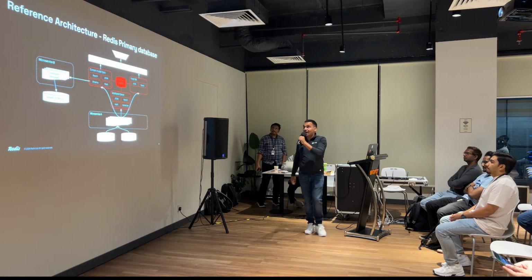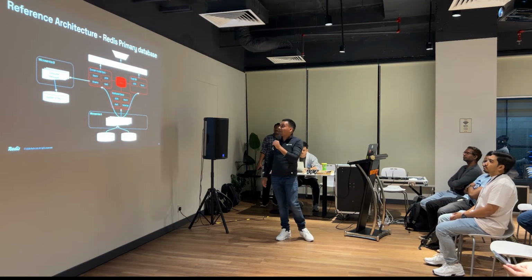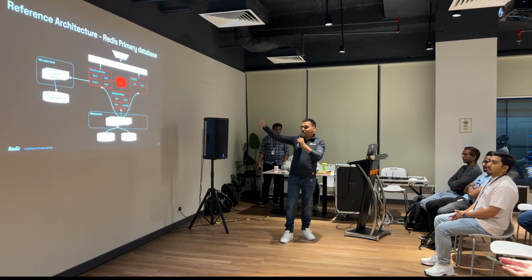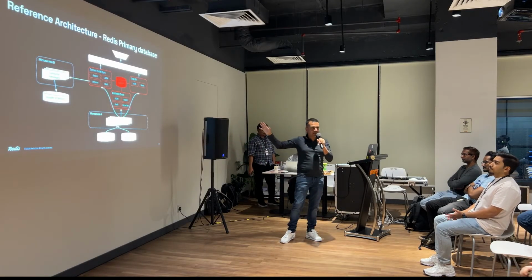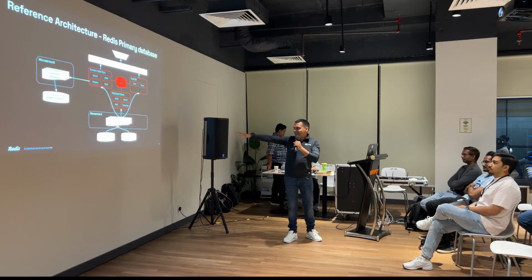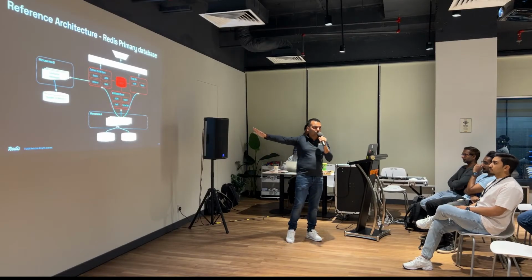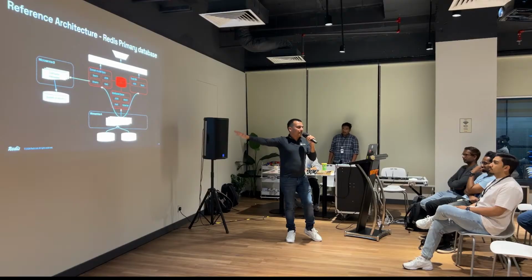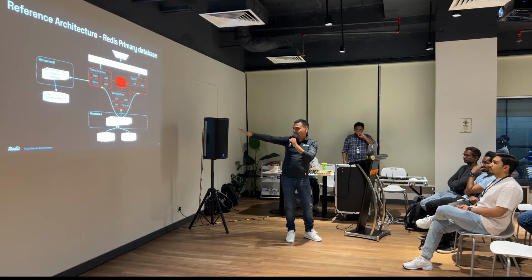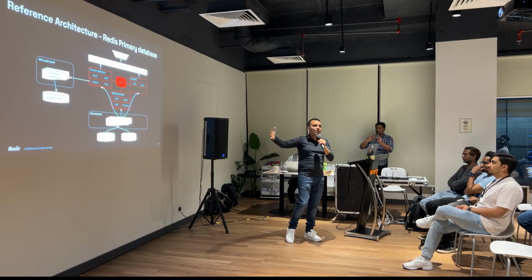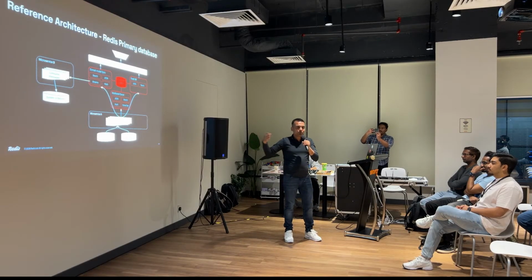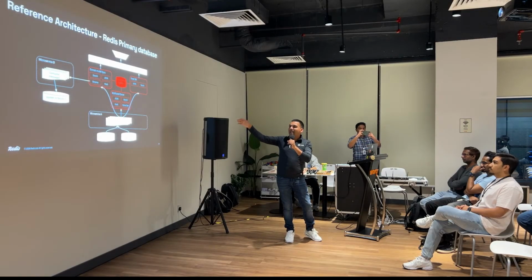And here is a reference architecture, actually, where Redis is being used as a primary database. This is a similar architecture from one of our customers. So they have data sitting in silos in different records. I'm sure every day you might be coming across these architectures where data is sitting in silos and the application built on top of the data is slow. How can I marry that data together and store it in a fast data server layer like Redis and serve the